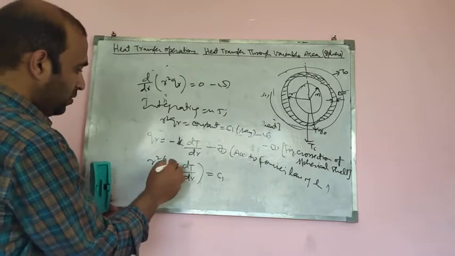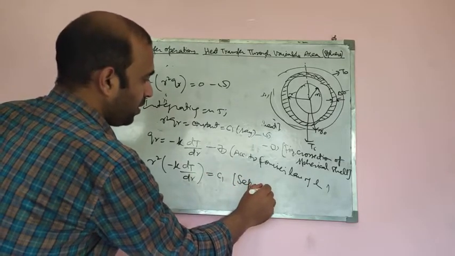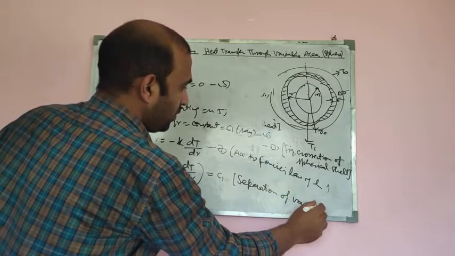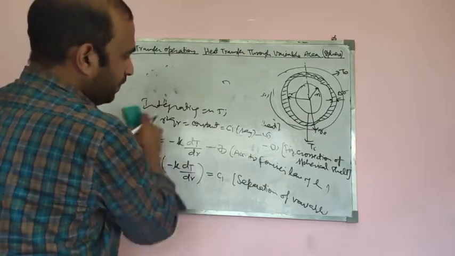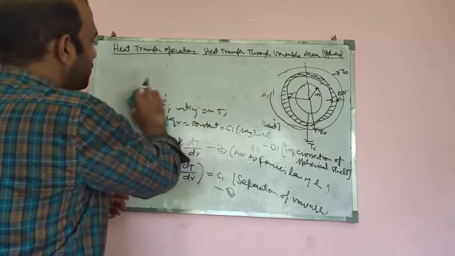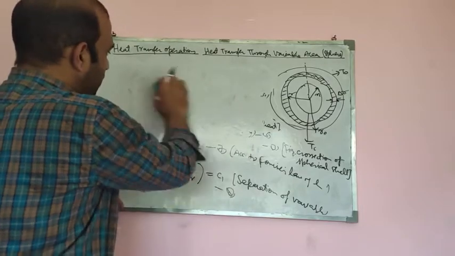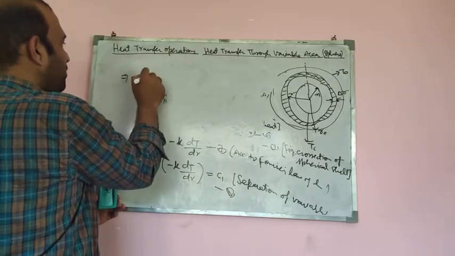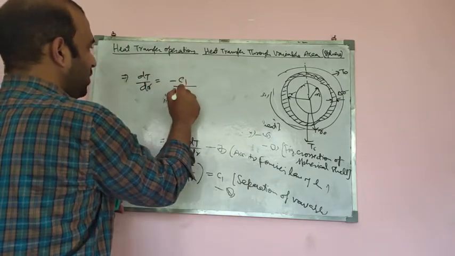Or what we can do here, we can do the separation of the variables. So we can apply separation of variables here. From equation, I will call this equation 8, I will do the variable separation, and we will try to separate the variables on two sides. I can actually find dT by dr is equal to minus C1 by r square.